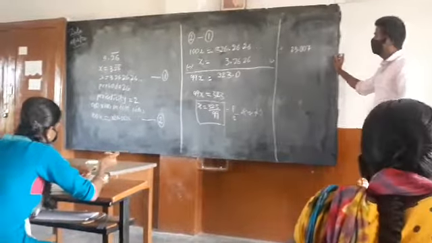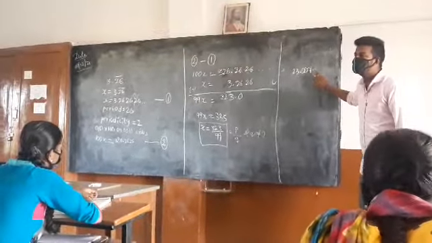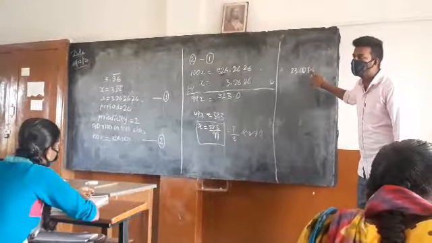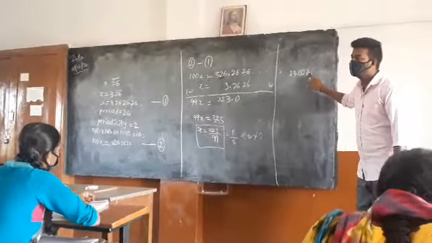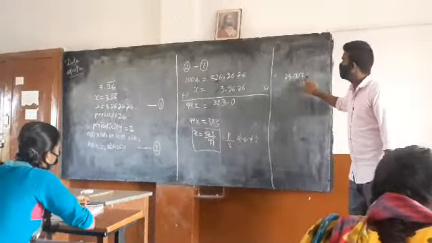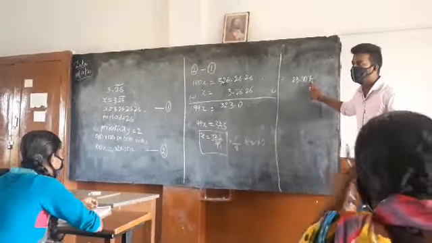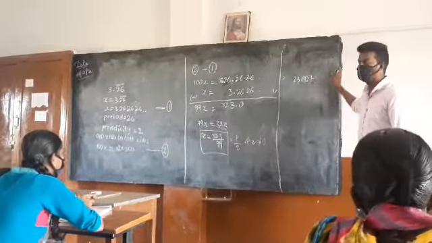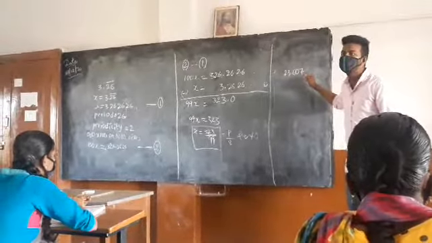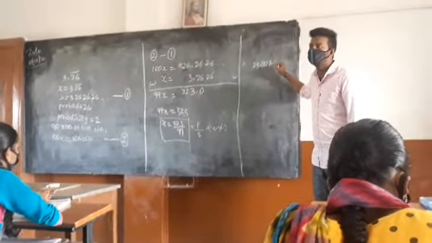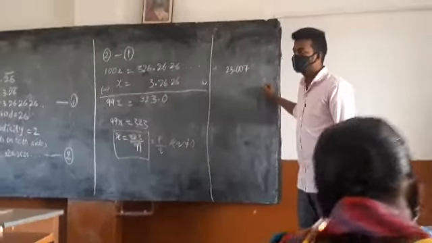Okay, so look at this problem: 23.007. What kind of decimal is it, terminating or non-terminating? Terminating, because the decimal digits stop after 7. They are not repeating, they are not going on. Okay, terminating. Now who will help me in converting this into rational form, p by q form? This was just discussed before this problem.